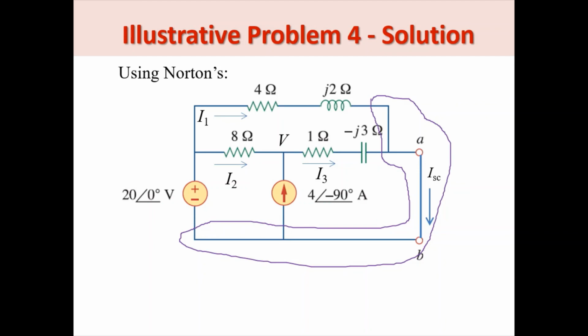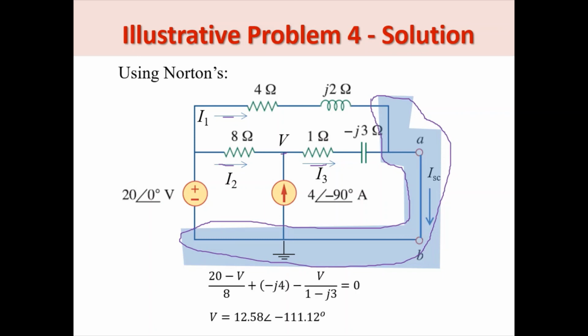So we use nodal here to determine I sub sc. So assuming that this node here is V, then we label the branch current. So let's say this is I sub 2 here, this is I sub 1, this is I sub 3. Then, so this is our ground. Then we apply KCL